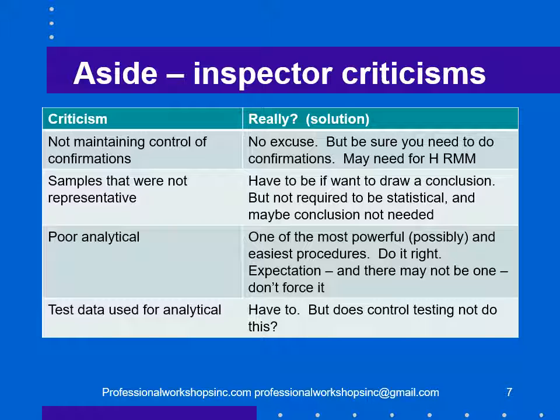So at the very end of the audit, you're dashing to do alternative procedures on the ones that didn't come in. So be sure you need to do confirmations. And if risk of material misstatement is low, you may not. Now, on the other hand, if risk of material misstatement is high and you decide to do confirmations and you don't maintain control of those confirmations, you may well allow an error to slip through in the audit and you've done a bad audit. So you've got to maintain control of confirmations.